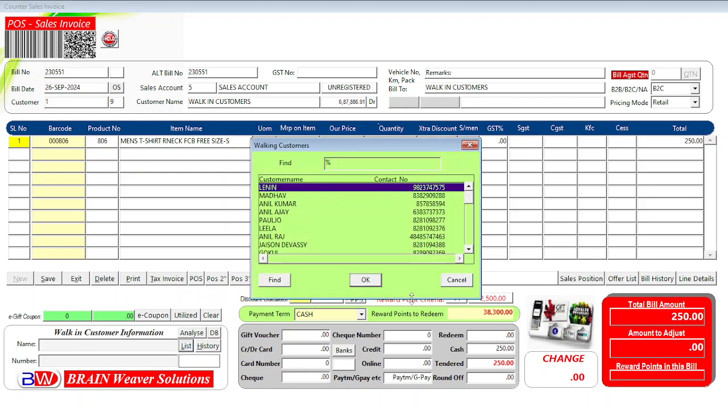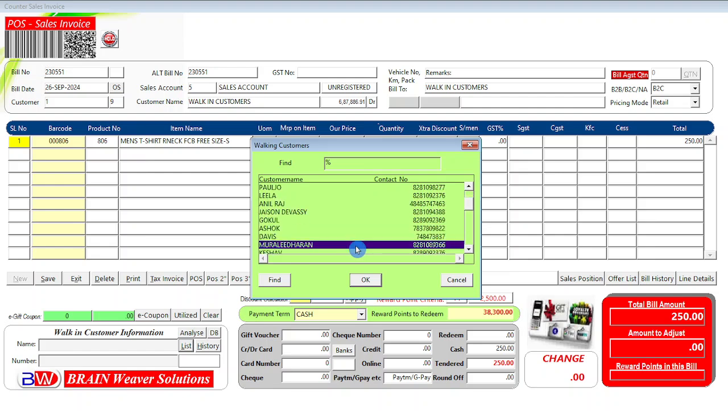Whatever walk-in customers we have entered while generating the sales invoice will be displayed in this screen. You can choose it from this list. Here we can see the previous sales invoice we have generated in the name of Tojo as the walk-in customer. If I choose Tojo here,